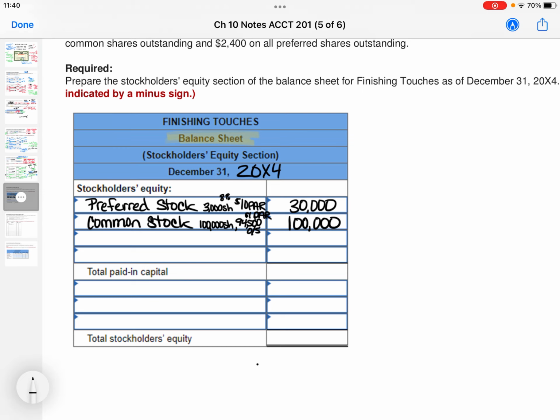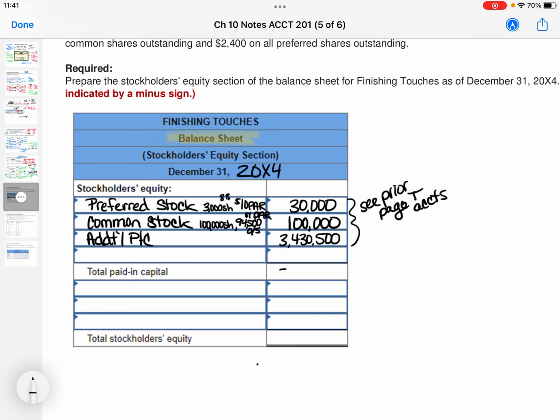The other thing that needs to be listed in this paid in capital area is the PIC account. So the additional paid in capital. I'm just going to abbreviate that. And that was the $3,430,500. So all of these, see prior page T accounts. Of course, the T accounts go to a trial balance, which then go to the financial statements technically. But the balances come from the T accounts.